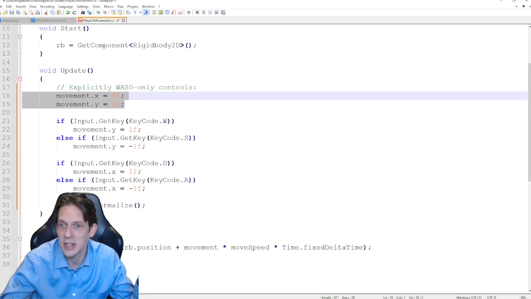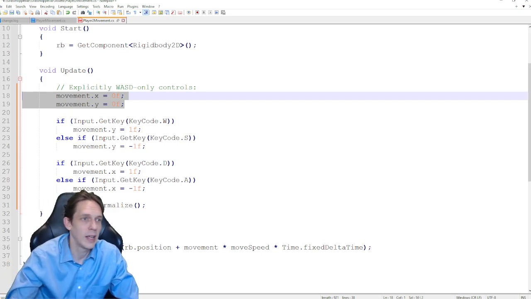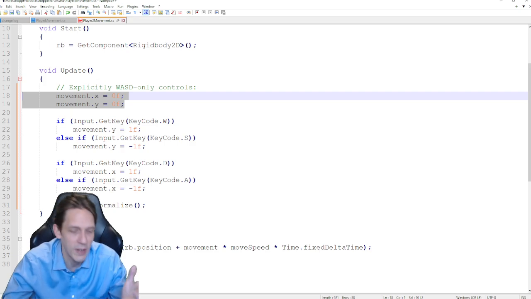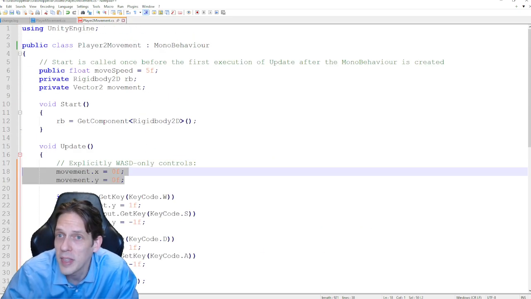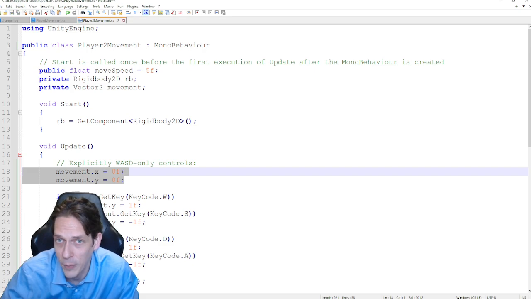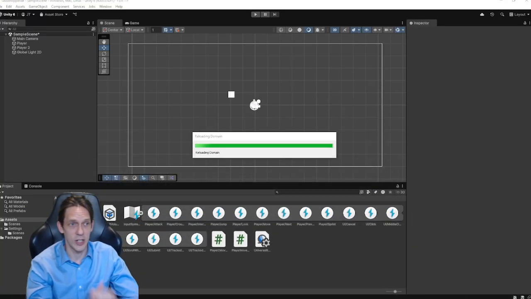So we did not declare an initial value here. That's interesting. I don't know how this movement works, or if 0F is a non-reverse point, or if 0F is actually the dead zone. I have no idea. So we're going to have to look at it. But now this is the player 2 movement, which means how is this going to behave now? Right this second. Now that I've done that and come back, if I play, what's going to change here?